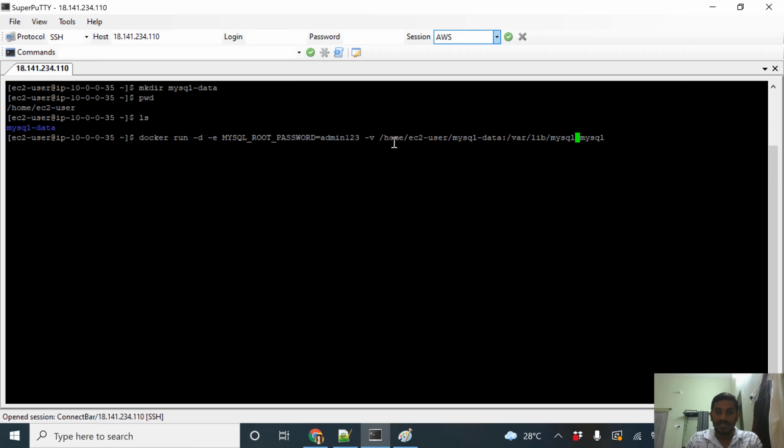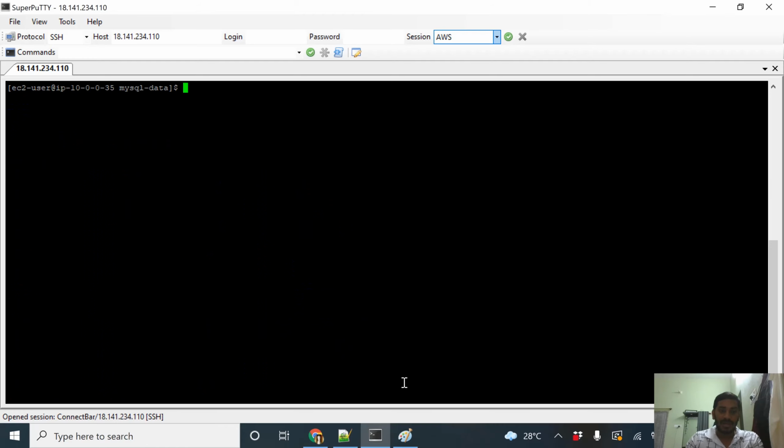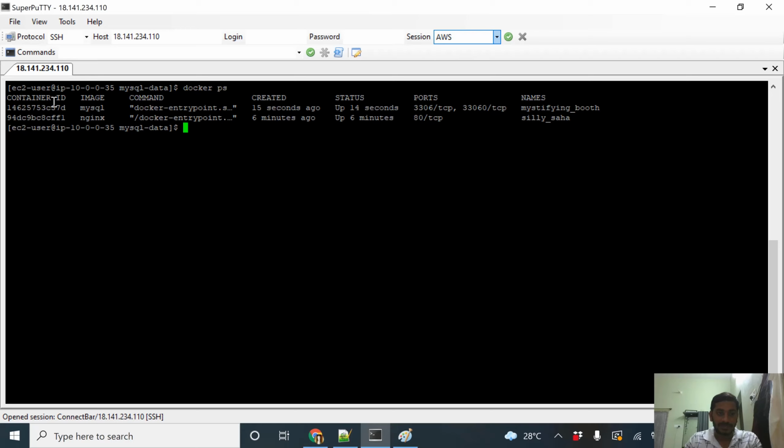That's why I just created one folder on my host machine and am mapping that to the container. Now if you go inside it, your container saved all its data into this folder. Now if I create the data inside this